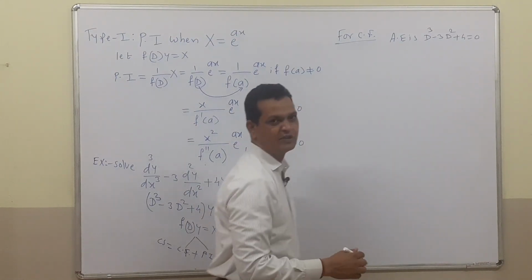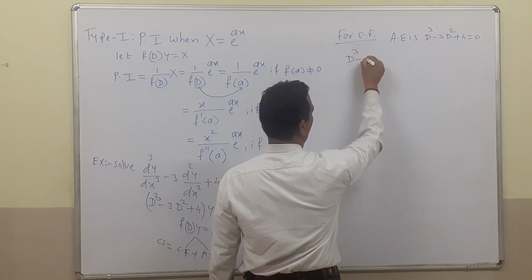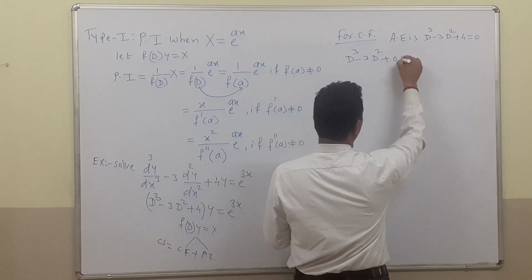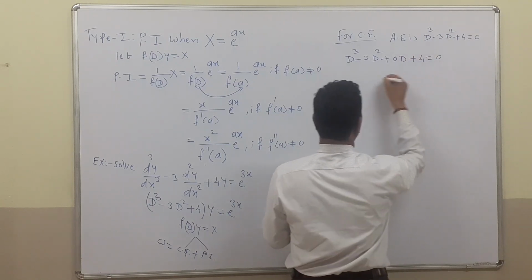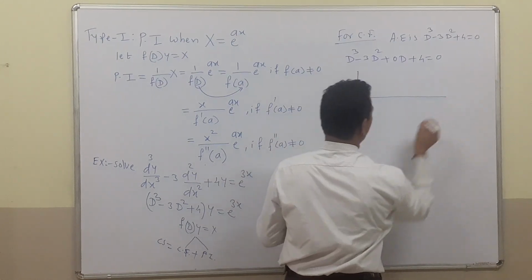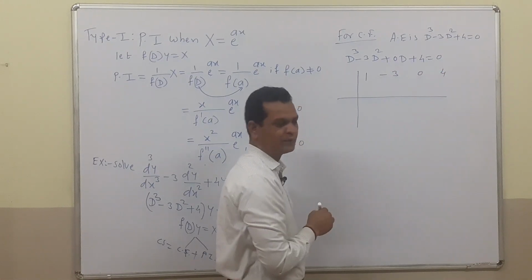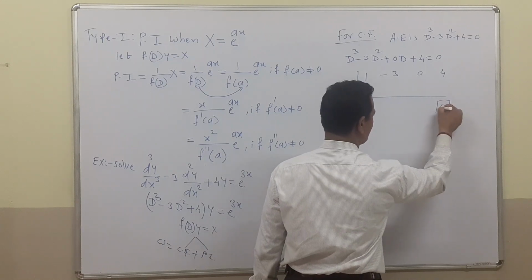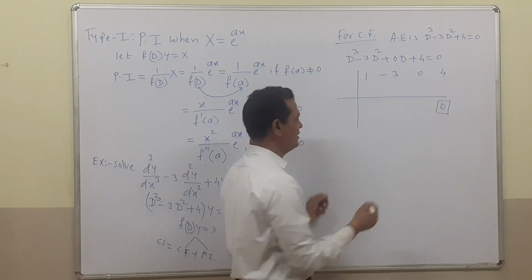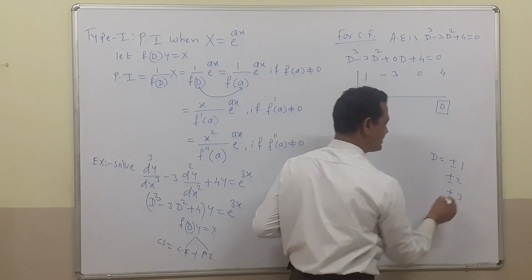To apply the synthetic division method, first write down the terms in this equation in decreasing power. So this is d cube minus 3d square plus, next d term is absent, so write down 0d plus 4 is equal to 0. Now this is in decreasing power of d. If we apply the synthetic division method here, then we get 1, minus 3, 0 and 4. Then our expectation is that the remainder must be 0. According to the rules for finding the factor in synthetic division method, try d is equal to plus 1, minus 1, plus 2, minus 2, plus 3, minus 3.